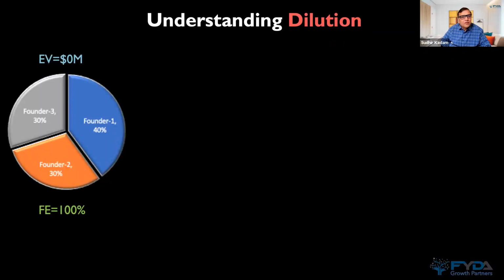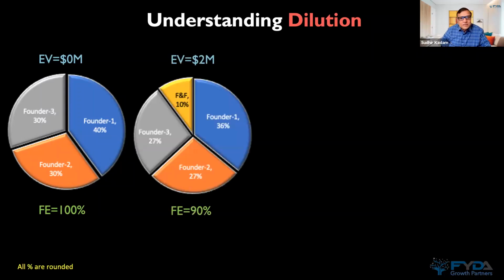But what is the value of your company? Zilch. Nobody knows whether your company has any value or not. There's no value in the company until an investor comes along. Let's say this is the friends and family round. An investor comes in and says, I'm going to give 200K, but I want 10% of the equity. You go through the negotiation and say, okay, I'll give you 10% of the equity. When you give him the 10%, your founder equity is reduced by 10%, so it's going to be 90% now. And that 90% will be prorated across the 3 founders based on their earlier holding.